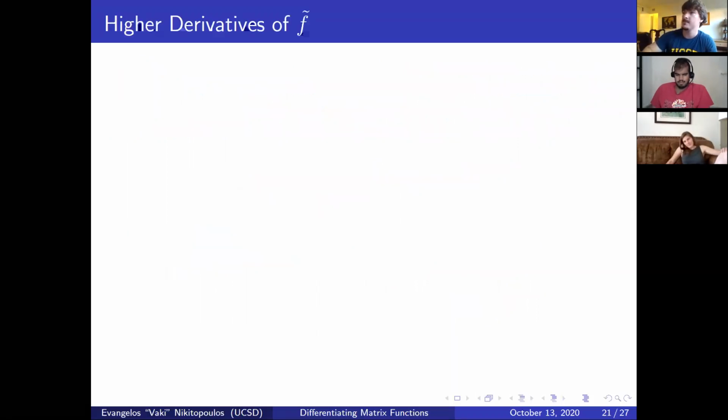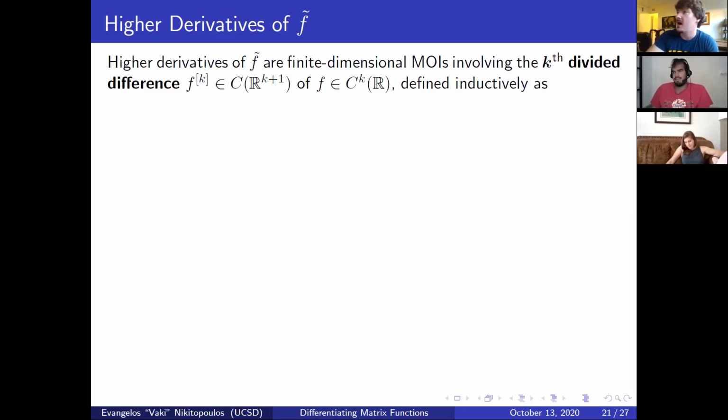Cool. So now I'm going to state the formula for higher derivatives of f tilde when f is in C^k. The approach is very much similar. You prove it for polynomials, and then you approximate in the C^k topology instead. Higher order derivatives of f tilde are finite dimensional multiple operator integrals instead of double operator integrals involving the